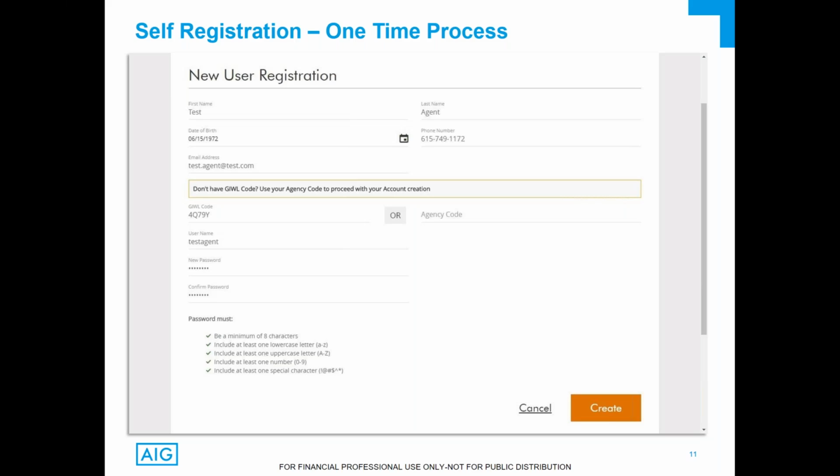It's going to require that you have a unique email address. So if you've already registered for the site with a different GIWL code with that email address, or if you've used it before and then you're trying to go in and set up a different username, that email address is going to come up as already used, or if you're sharing an email address. So you want to use a unique email address when you register for the site. You're going to put your 5-digit GIWL code where it says GIWL code, leave the other side blank where it says agency code, and then you're going to create your own username and your own password based on the password